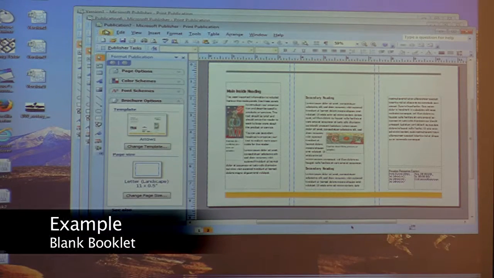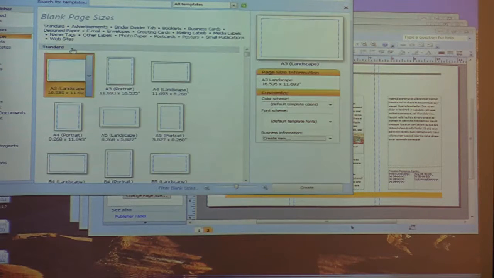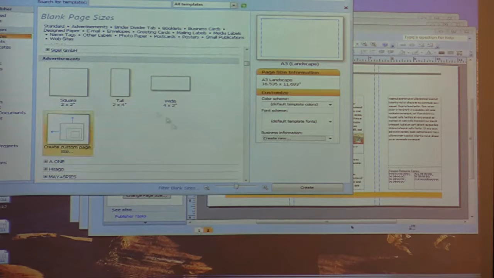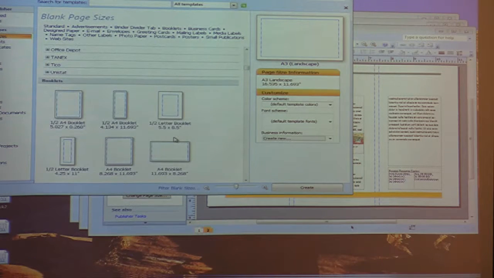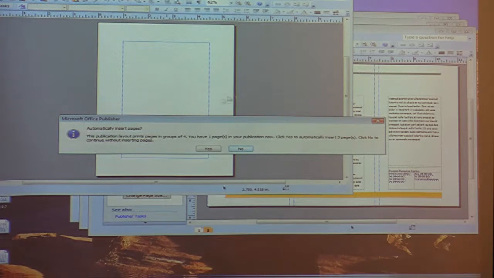You can do a blank booklet. File, New, and again, this is blank page sizes. So again, these are blank, no actual templates. And you scroll down. You can do different kinds of advertisements. And then these booklets. So let's say you want to do a half booklet, like an 8.5 by 11 that's folded in half with different pages. Publisher groups things in groups of 4, is what it's telling you. So it's saying click yes to automatically insert 3